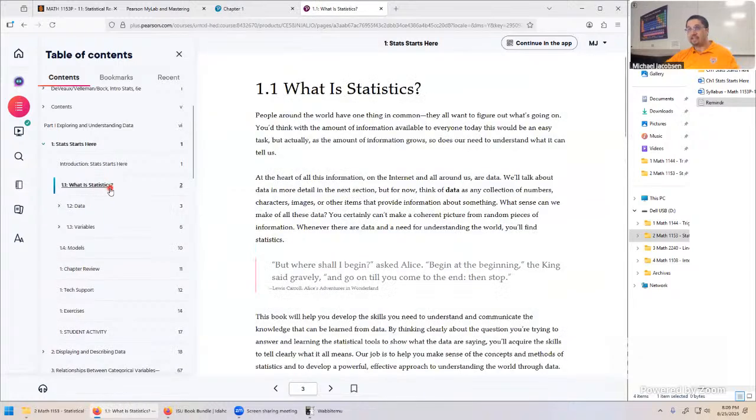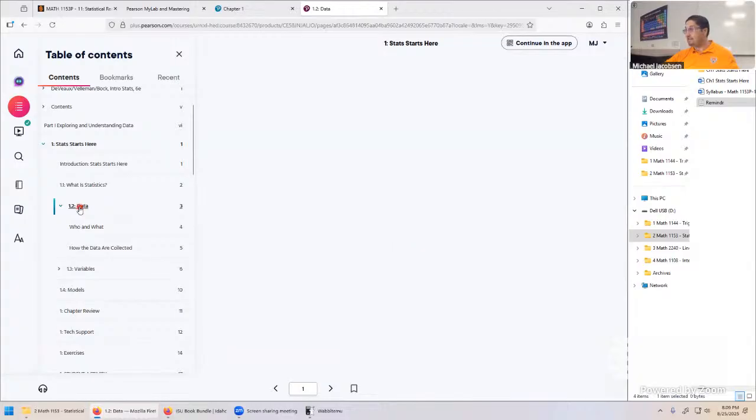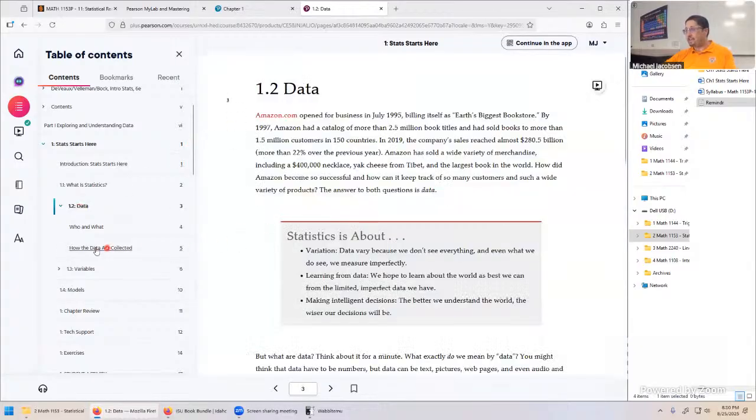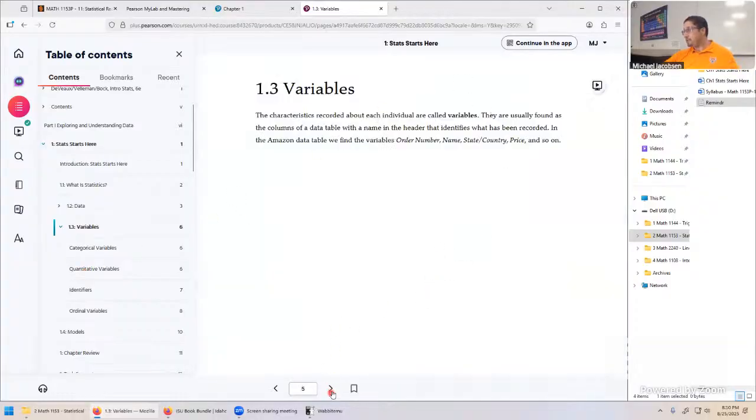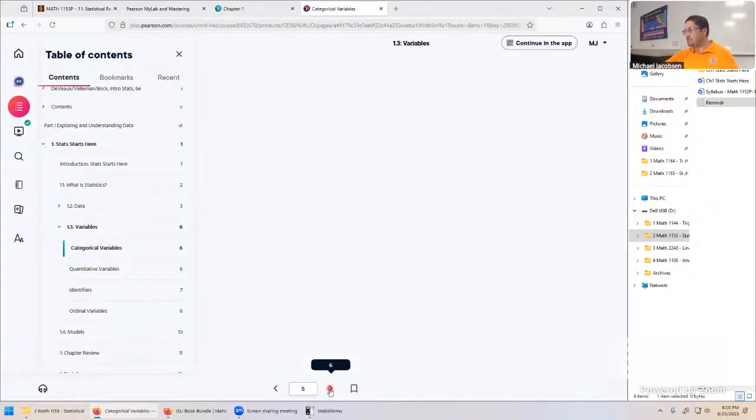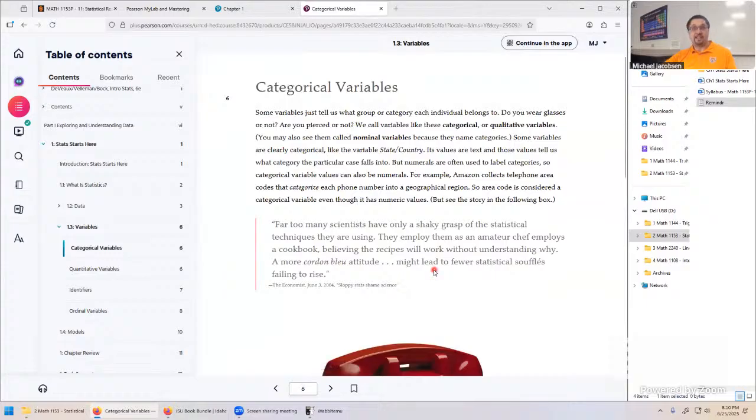What is statistics? Take a look at some of the information here, skip to what is data, look at some of the information here, and so on. Skip to what is variables, look at some of the information here. This one is on multiple pages, so you'll have to click the right arrow a lot. Again, the more you can read this, the more the lectures are going to make sense. It is very hard sometimes to read this word for word, every single line on this, but it is helpful, unfortunately.